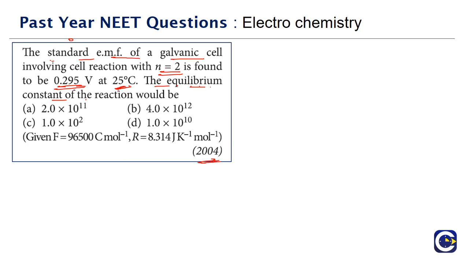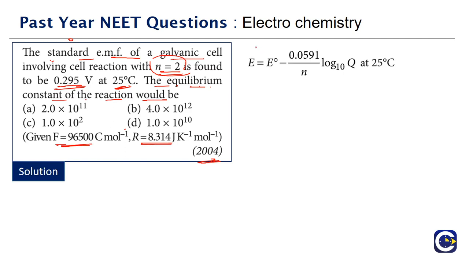At the standard condition of 25 degrees centigrade, the E naught value is given. The number of electrons of the cell equation is also given. We have to find the equilibrium constant. Of course, they have given us the value of the Faraday constant F and also the gas constant R. But if we are talking about the 25 degrees temperature condition, what is the Nernst equation? E cell is equal to E naught